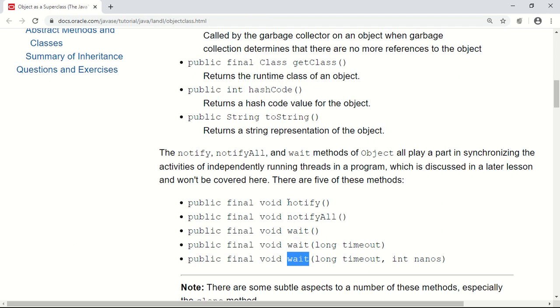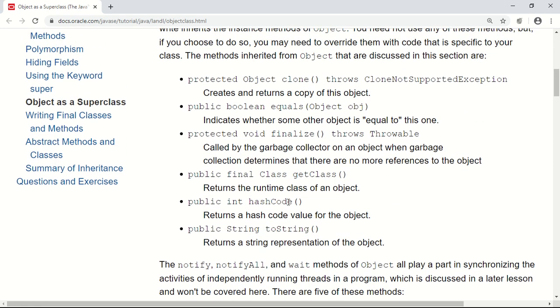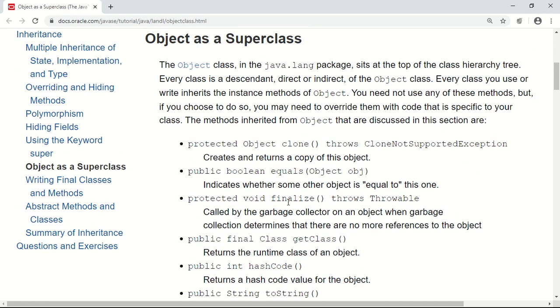So where have we come across the wait, notify, notifyAll methods? We have learned these methods in inter-thread communication. So how many methods does the Object class have? The Object class has a total of 11 methods. By default all these 11 methods are available to all the objects in Java. And equals is one such method.